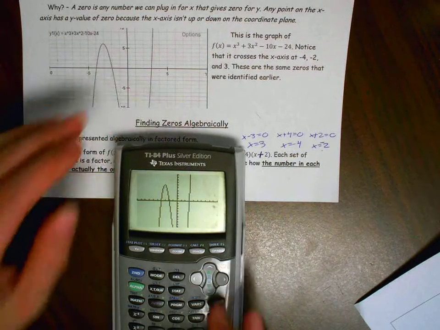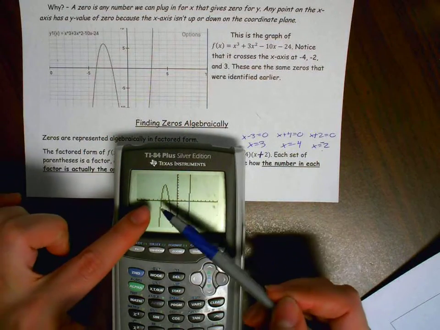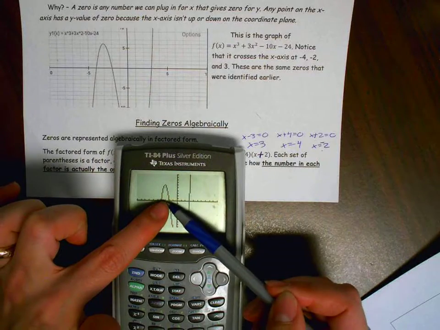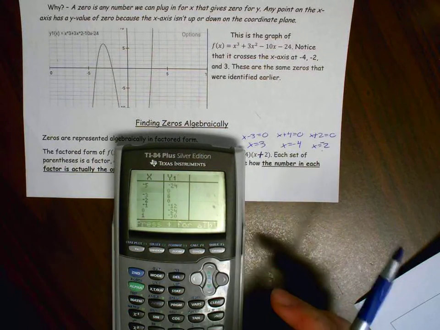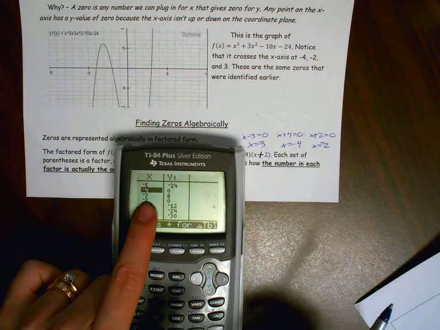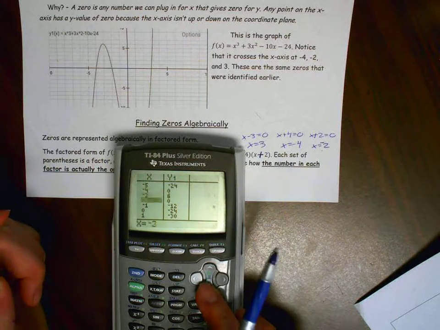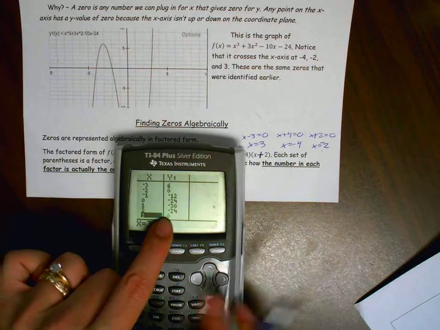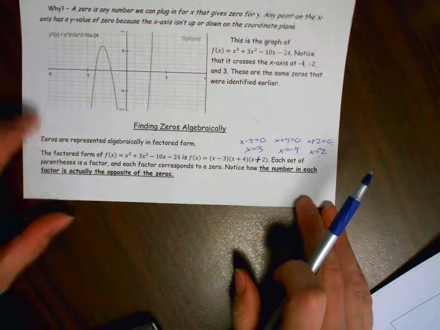And I can easily see that those are the correct factors. There's -4, there's -2, and there's 3. Or I go to my table, and I see -4, -2, and up here is 3. All right, so now,